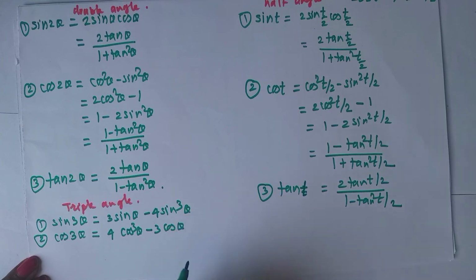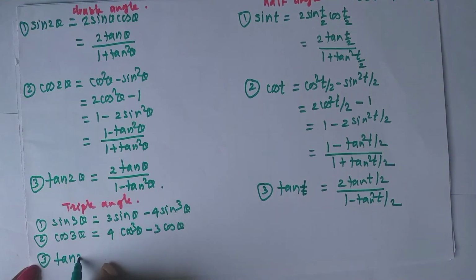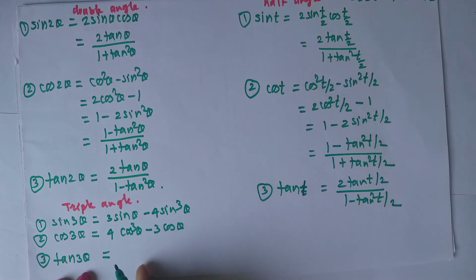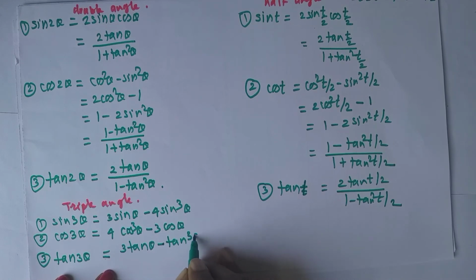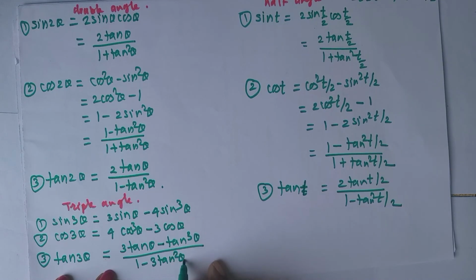You remember the formula of sine. Take 4 here, then 3 here. Keep the minus sign as it is. If here is sine theta, then here you keep cos theta. If here is sine cube, here you keep cos cube. In this way, if you remember the formula of sine 3 theta, then you will get the formula of cos 3 theta by this trick. And what is the formula for tan 3 theta? You have to remember this: 3 times tan theta minus tan cube theta divided by 1 minus 3 tan square theta. In this way, in today's lecture we have derived all these formulae.